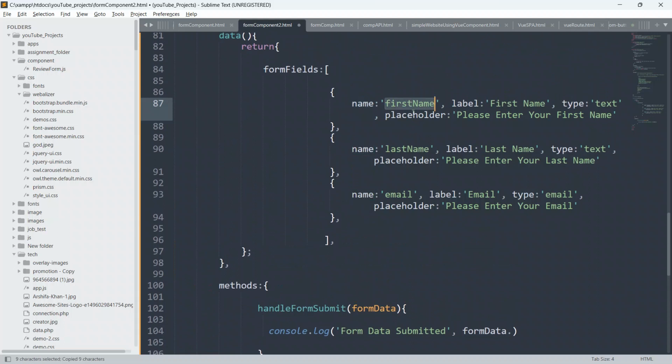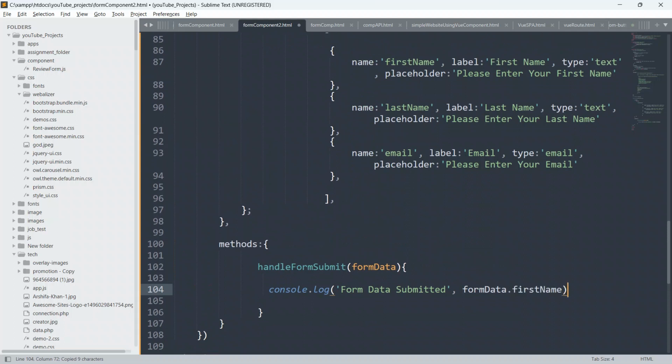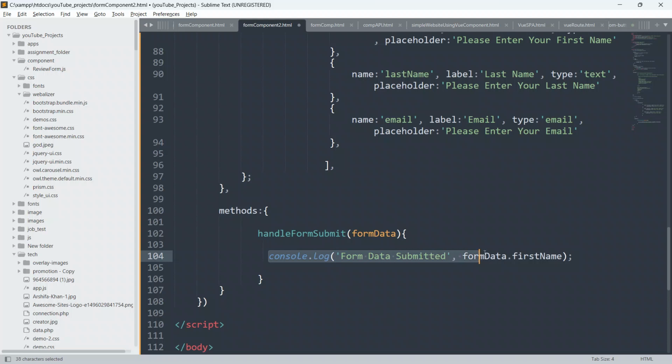So I will say dot firstName, put the label first name, colon, and just copy this.